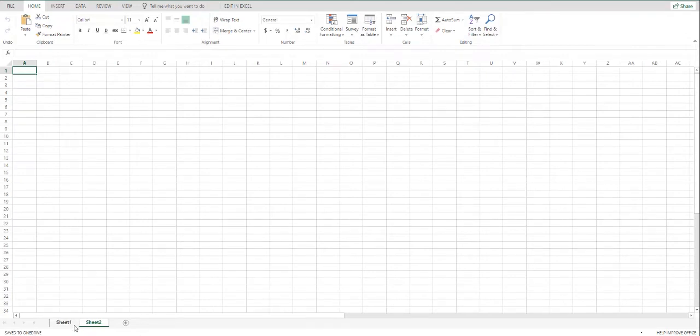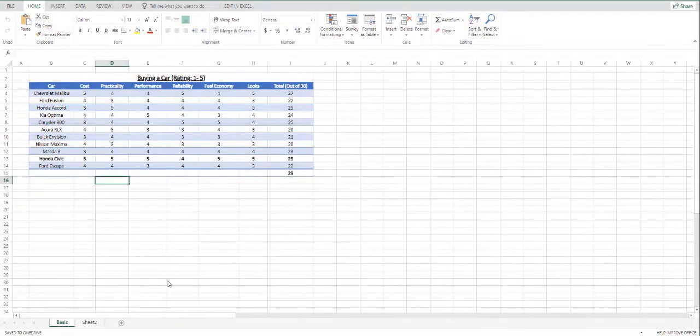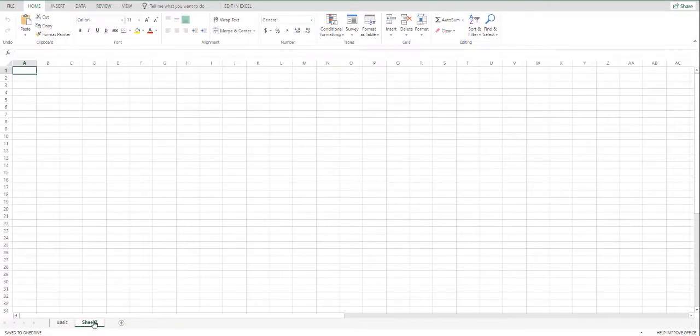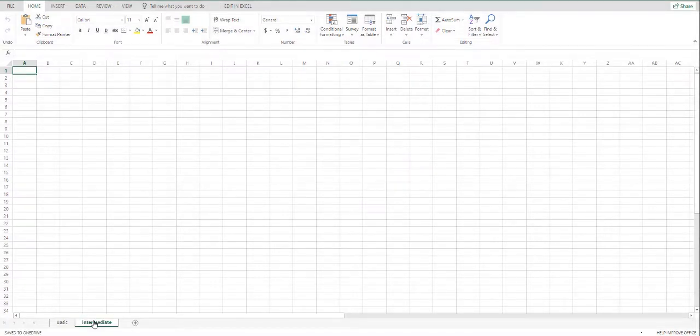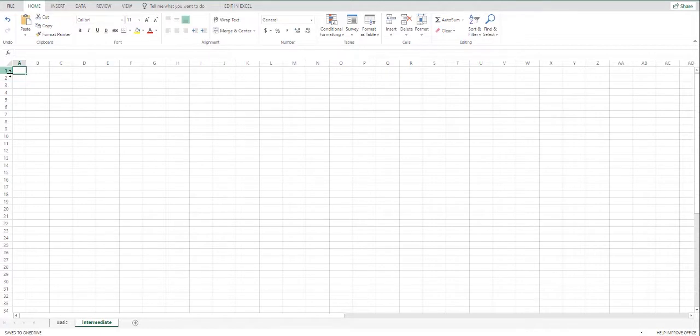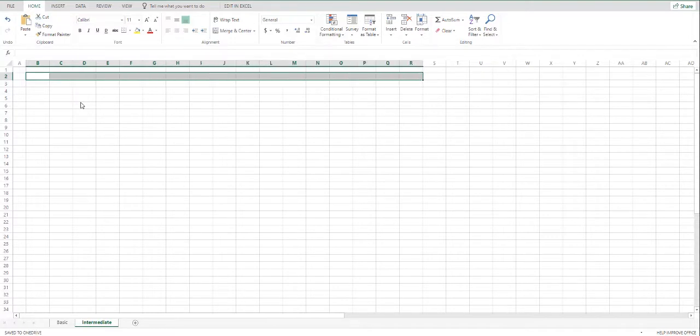Now similarly for the intermediate spreadsheet, we'd first name the spreadsheet. Sheet 1 is basic, and double clicking on sheet 2 and renaming it to intermediate, starting with cell B2, giving it a heading by selecting a certain number of cells, clicking merge in center,